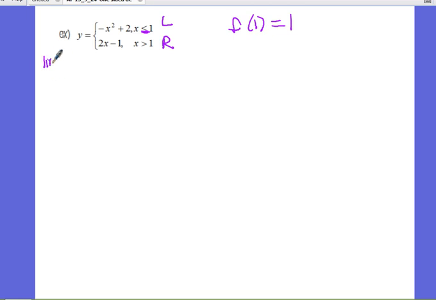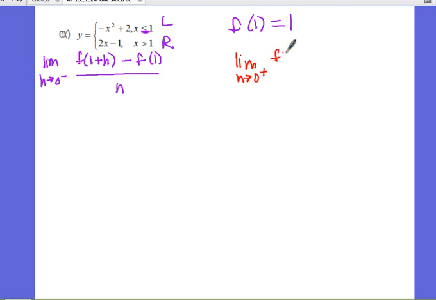So this will be the left side, the limit as h goes to 0 from the left of f of, and the x value that we're checking, I'm actually going to write it here, is 1. That's why it says f of 1 plus h minus f of 1 all over h. On the right side, we have the limit as h goes to 0 from the right of f of 1 plus h minus f of 1 all over h. And remember, we have to substitute in the x value